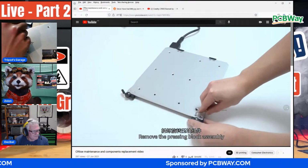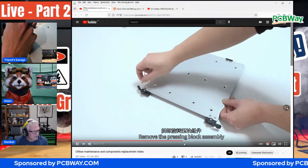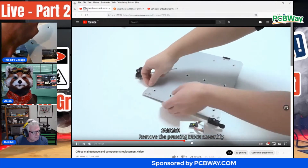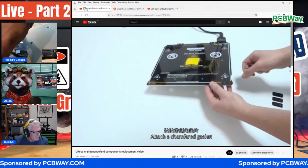Wow, I really like the new carriage though. The carriage is nice. I must admit, the carriage and the tracking on it is nice. So take all your screws off, remove all your clamps. And like I said with mine, I already did replace the board and the switch in a previous